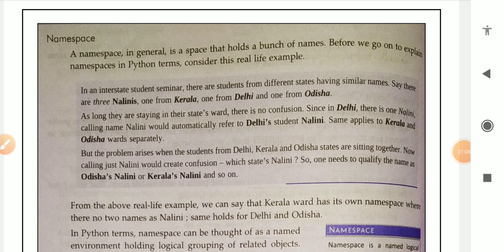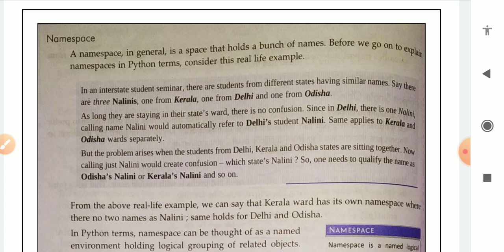For explaining namespace, we are considering a real life example. In an interstate student seminar, there are 3 students from different states having similar names. Say there are 3 Nalinis, one from Kerala, one from Delhi, and one from Odisha.